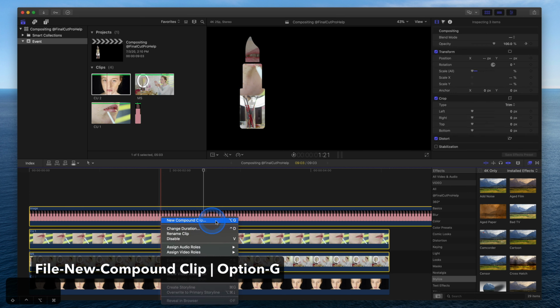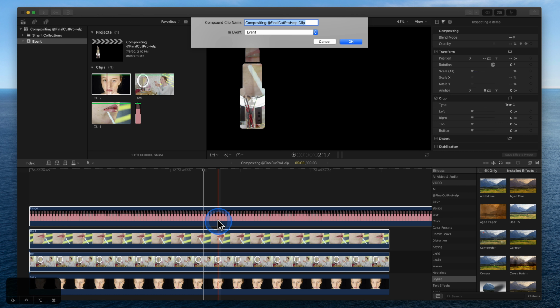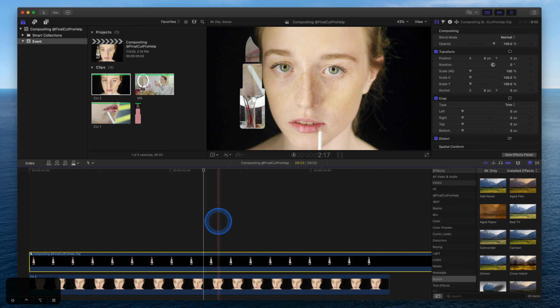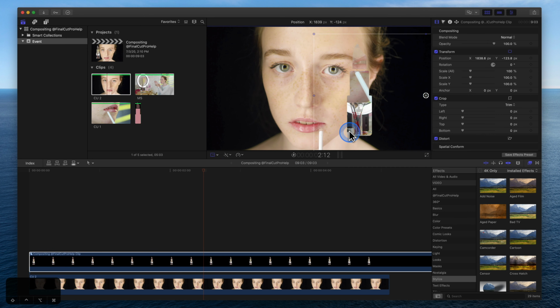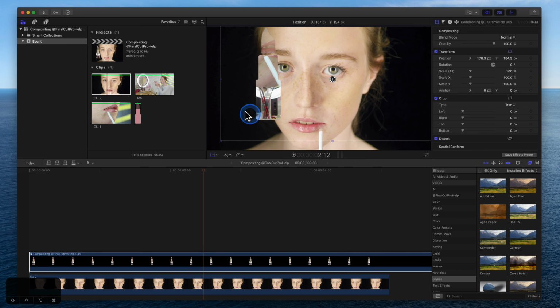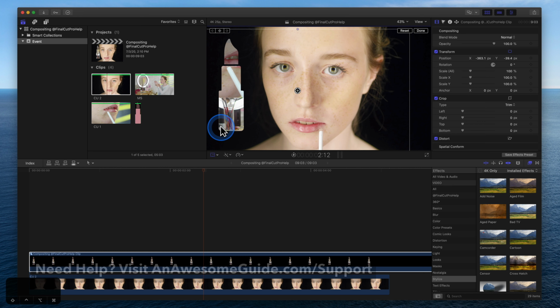To summarize, compositing is the process of combining images and can be accomplished in Final Cut with a transform, opacity change, blend modes, and so much more. This is just a quick